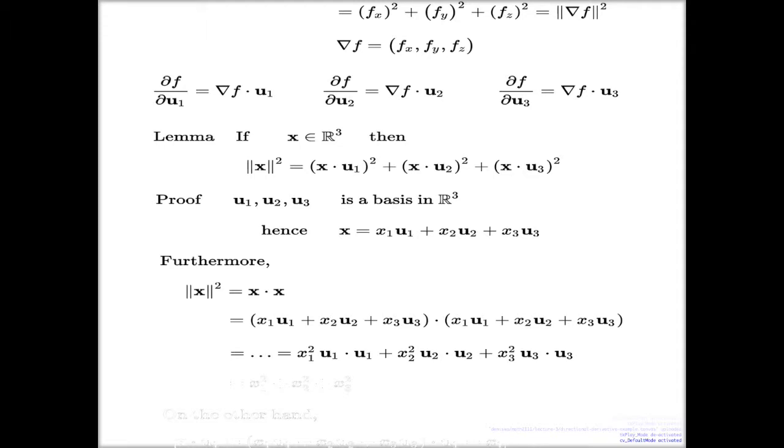All the rest will just disappear. It's a step which is hidden by these dots. And then, because the system is also normal, these dot products are just the magnitudes, the lengths of your vectors, which are 1 all the time, and you end up with a well-known Cartesian expression for the magnitude